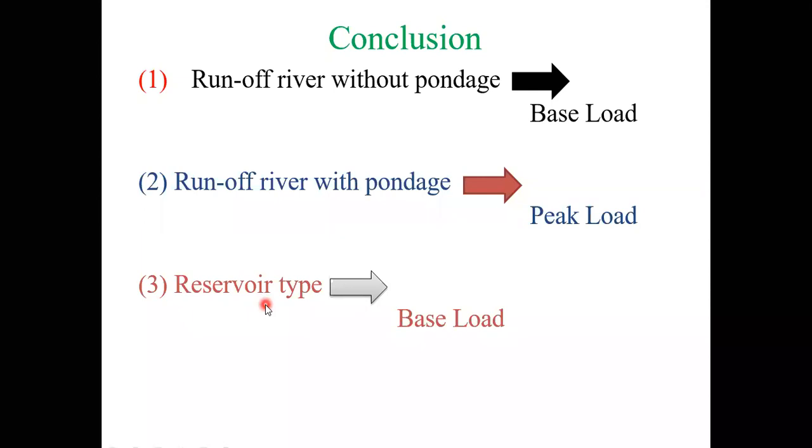This type of power plant is used to meet our base load itself, because a reservoir means we have plenty of water. When we have that type of source, we have so much potential energy. That energy is going to be utilized to meet the base load, not the peak load. Generally, peak load is a fluctuating load. It is not always present on the system. But the base load is always constant and always present in our system. So when we have enough source, especially water, this type of power plant is used to meet the base load itself, not peak load.